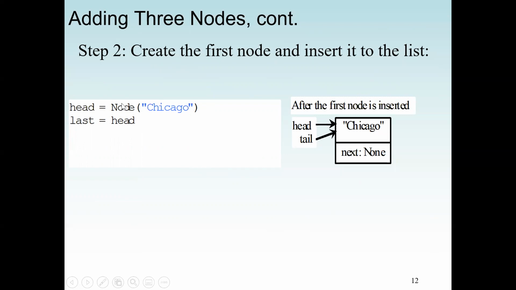So here we use the node class constructor. The node will have a string, Chicago. We assign it to the head. And also we assign head to tail because it's only one. So this is what we're going to have. The tail also points to the first node because we have only one node in the linked list. So both the head and the tail point to one node. And the content is Chicago, based on the constructor of the node. We initialize the object node with